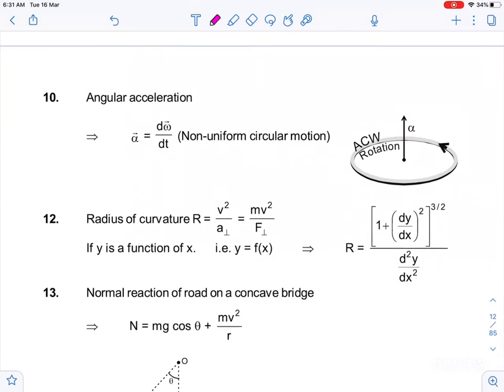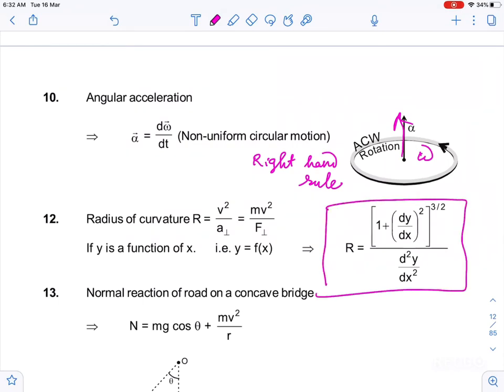Now guys, what is the way to calculate angular velocity's direction? Suppose a particle is moving with omega, so these all are axial vectors, so you have to use the right hand rule to calculate the direction. I'm curling my right hand toward this direction, so alpha is in this direction, omega in this direction. So these are axial vectors, you should keep in mind.